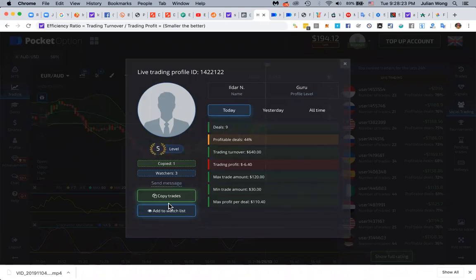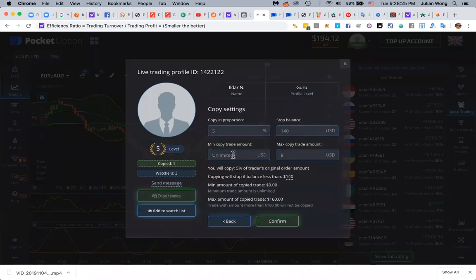So how I will do that is I would actually do a minimum copy, anything less than $5 by proportion, okay, 5%. So it's like anything less than $5. So basically $6 is his biggest trade, right? So I'm only going to copy his biggest trade. So I'm going to get very little trading, but I'm going to get super high accuracy if this guy in the long term generally wins on that martingale setup.